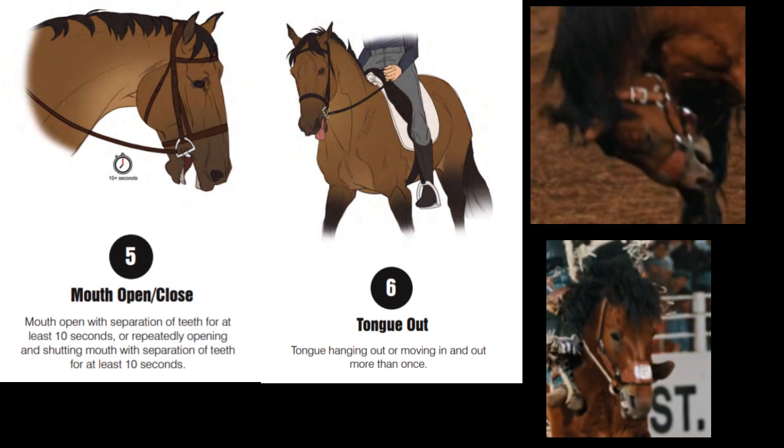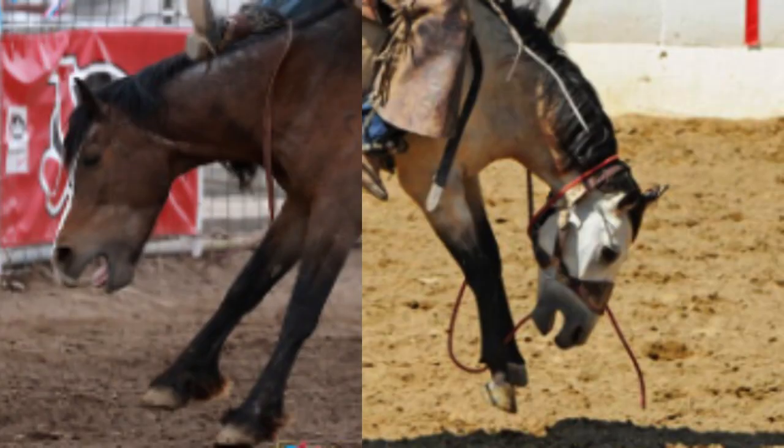One of the more glaring issues I tend to see with these rodeo videos is that the horse's mouth is opening and the tongue is out. You could see throughout the entire video that the horse's mouth and tongue were extremely active. And it's not just this horse. This horse is not a horse that has a lameness problem or something, and that's why it is displaying these behaviors. There are many, many other horses that I see when I search up rodeo bronc on Google,